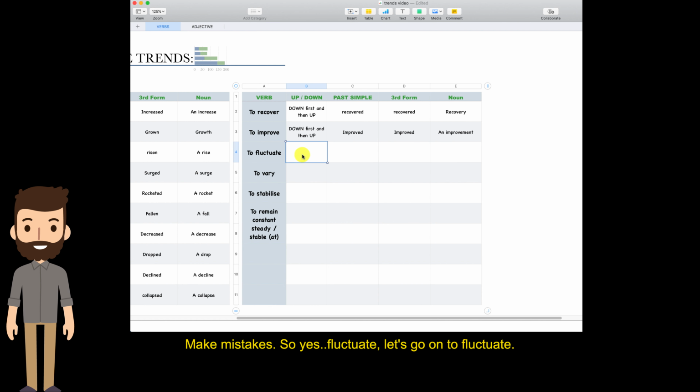So yes, fluctuate. Let's go on to fluctuate. Fluctuate is basically going up and down. It's not like recovery. It's, for example, it was up, down, up, down, up, down, up, down. So this is what we call fluctuations, constantly going up and down. So the past simple would be fluctuated. And the noun would be